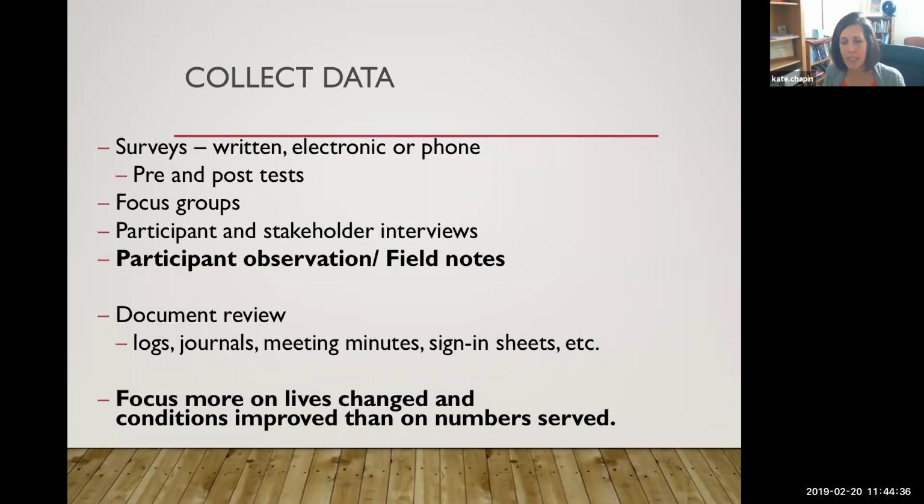So I think that's going to be really important. I want to know, what are they saying that the program is doing? I'm also going to look at their policies and procedures and see if there's anything in there that might support program implementation or might hinder program implementation. And so using secondary data can be a really time-efficient way to do a program evaluation. All right. Any questions on data collection before I move forward to some specific examples?